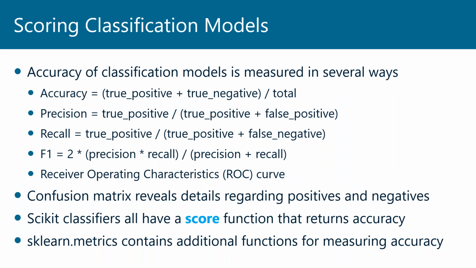Before I do that, I want to make you aware scoring a classification model is very different from scoring a regression model. With regression, we most often use that R-squared score, or the coefficient of determination, to gauge the accuracy of our model. There is no R-squared score for a classification model. Instead, there are several different metrics that we use, and which one or ones we use typically depends on what